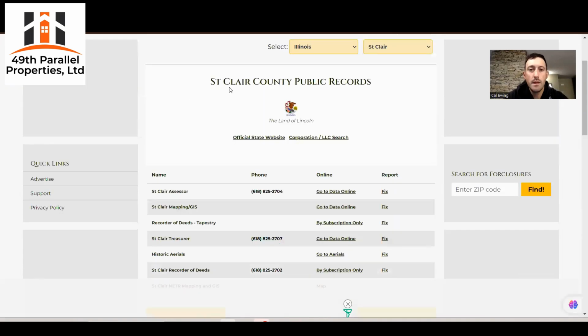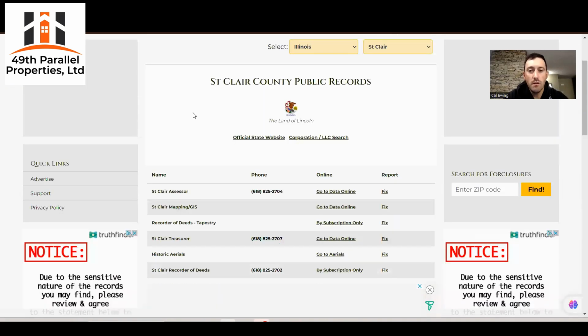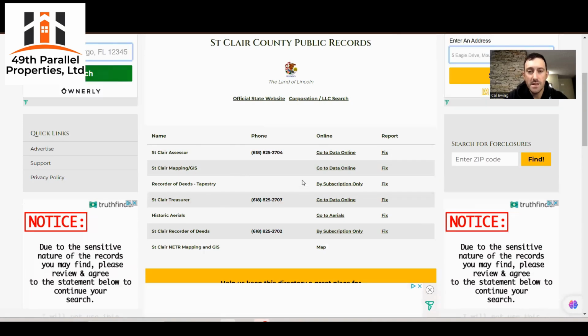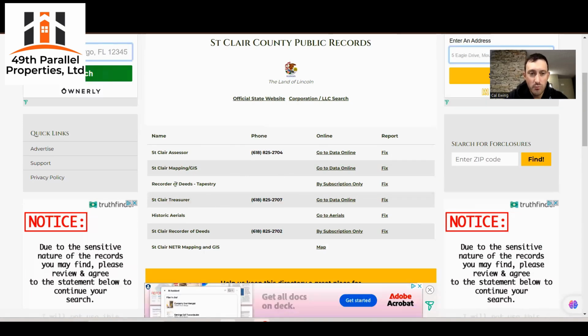Now, NETR Online gives you all of the county offices and other information, the website. So some of the stuff, like this one here, the recorder of deeds, if you wanted to pull the deed history, you have to actually subscribe in this county. Other counties, it's free. But luckily for us, if you go to the treasurer,